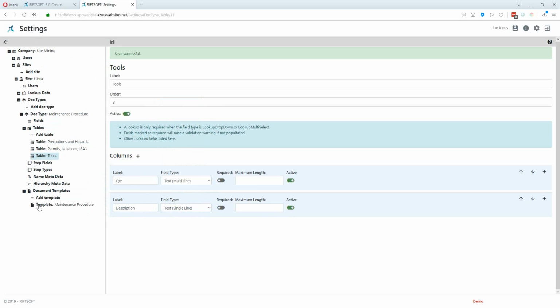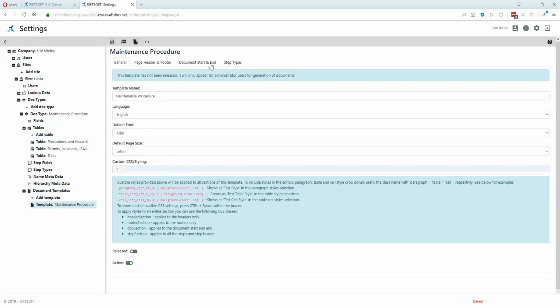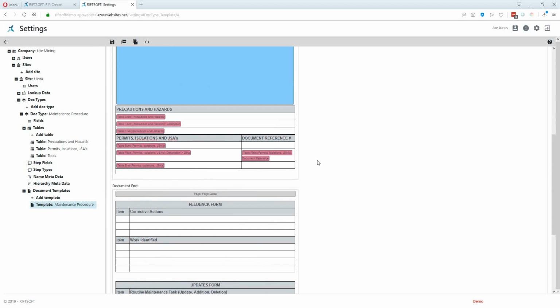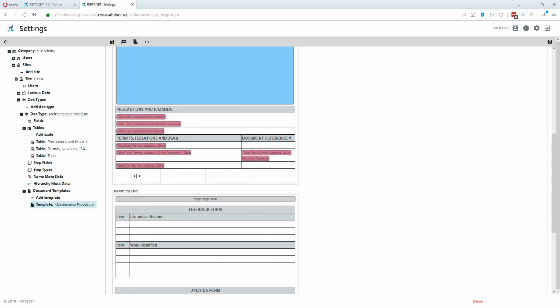Then in the template, go into the template here, and in the document start end here we're now going to add a new table. Now because it's too wide, this is a special case, and I'll have to explain. First thing we want to do is set up a table that has 4 columns and 2 rows. We're going to set these at about so, and then we'll, as before, adjust that width in a minute. So we have quantity and tool description,